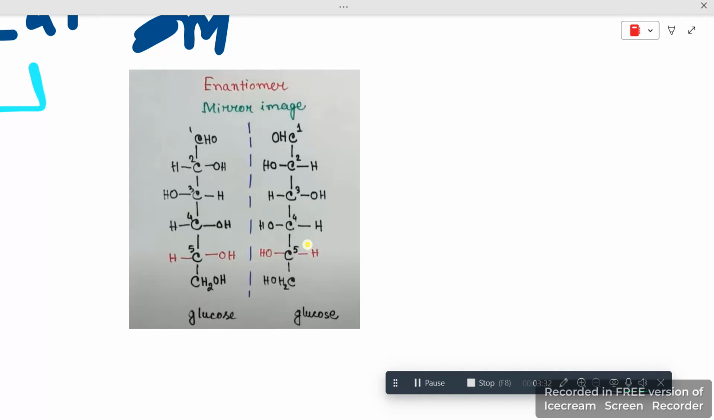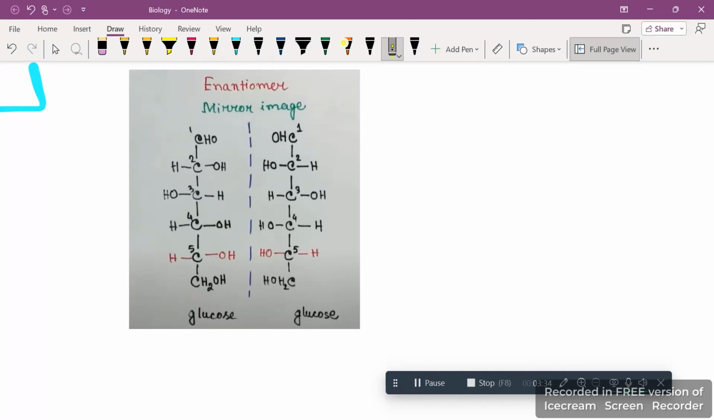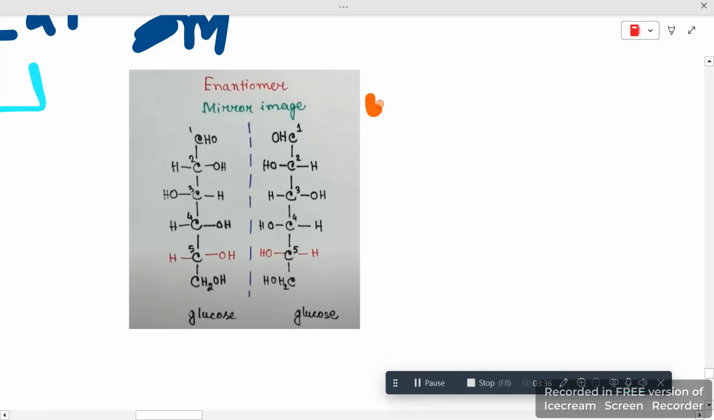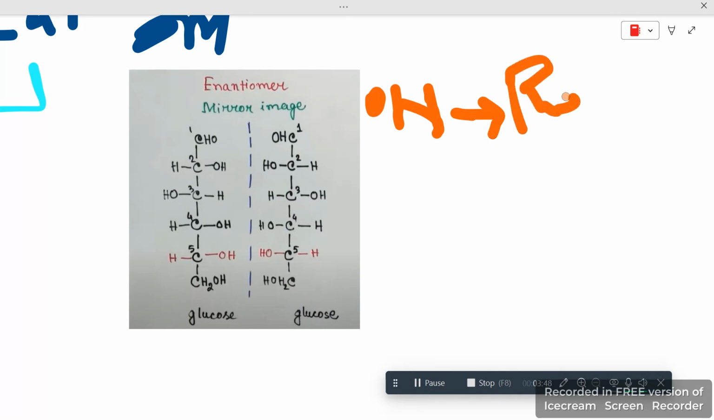Then what you are supposed to discuss. So I will just write a very important point. Whenever you see OH which is present on the right side, when it is present on the right side, you will call this a D, the capital D. These are the isomers which I just discussed. We have L and D isomers, alpha and beta isomers. But whenever you see the OH group which is present on the right side